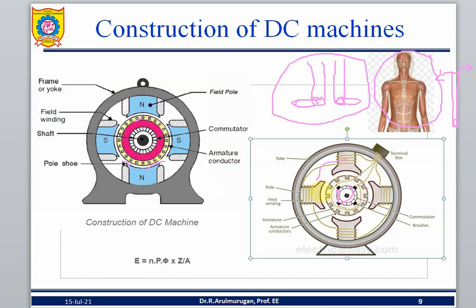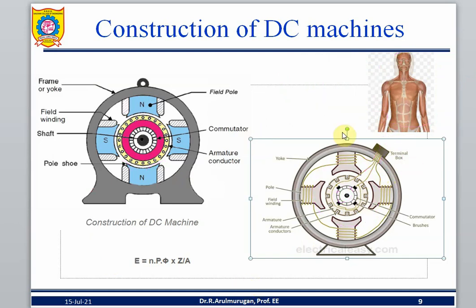So this is called a stationary coil. The coil is wound like this type of model. This is the starting end, called F1, and this is the ending end, called F2. This is called A1, and this is called A2. So the coil is wound inside. This is the construction of the DC machines. This is for protection purposes.